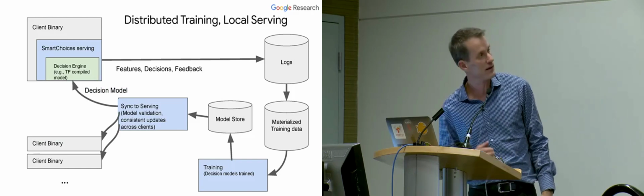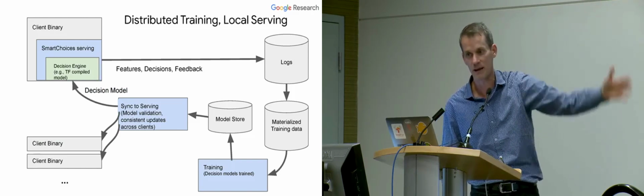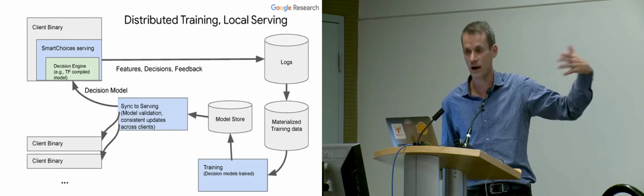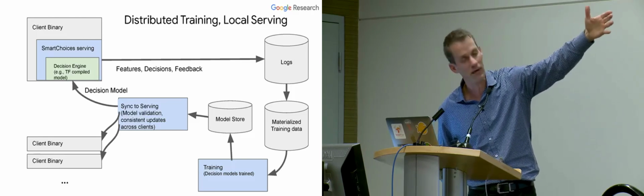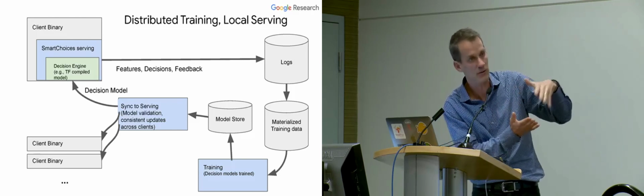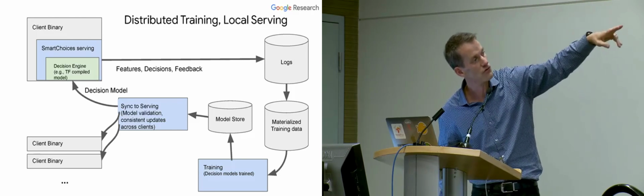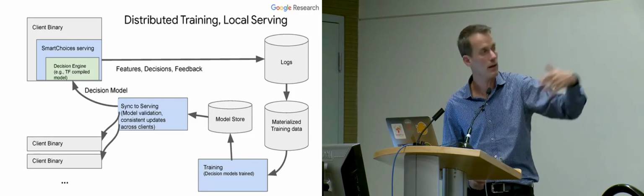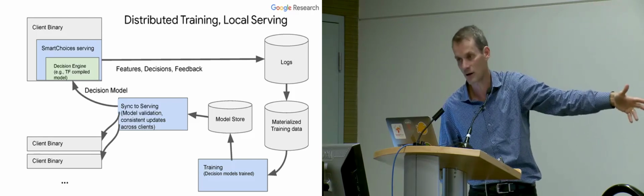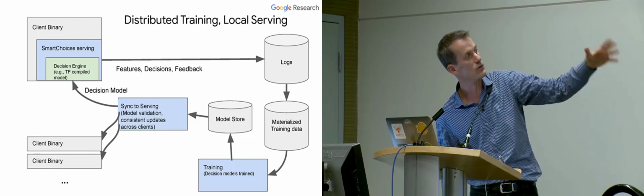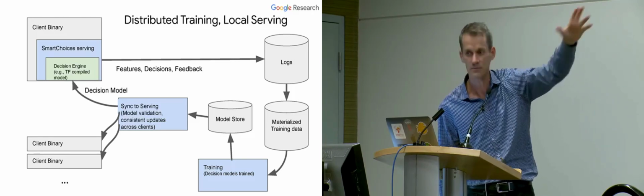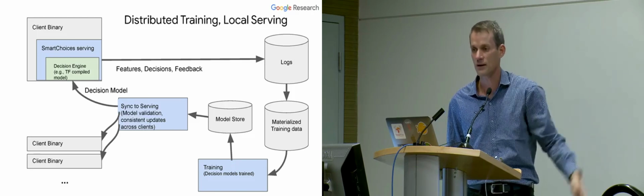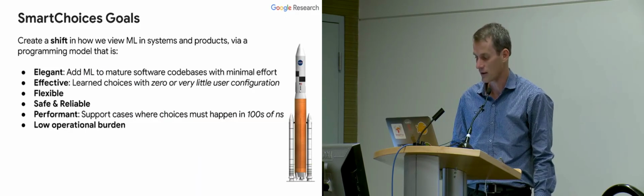A more complex setting is you have a whole bunch of different binaries that are making choices and maybe other binaries that see the reward downstream, and you have to be able to then collect and aggregate that data together, join it together, and make decisions, and then maybe have some background training process that is creating new models and then pushing those out to the client binaries. Those client binaries can then either just use the frozen trained model that is updated periodically from the centralized service, or they can also do fine-tuning on the model as they go.